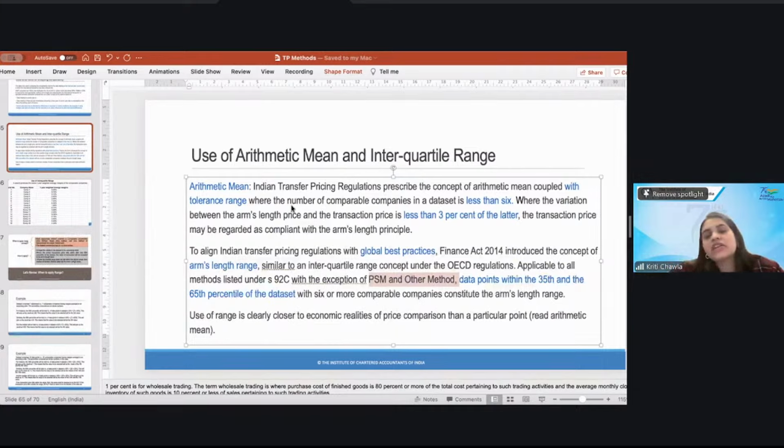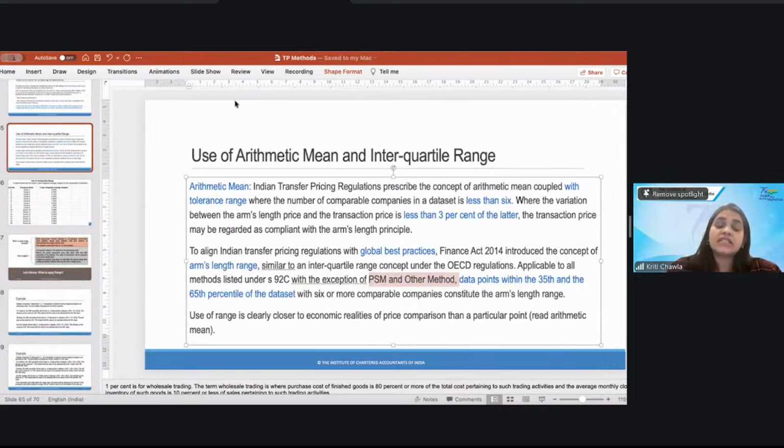There are so many countries around the world that use the 25th to 75th percentile, but in India, we follow the 35th to 65th percentile. Now, the question is, what happens to the arithmetic mean? Do you think we have done away with the arithmetic mean? Well, not really. The arithmetic mean is still there in India, but they basically say that only if you have